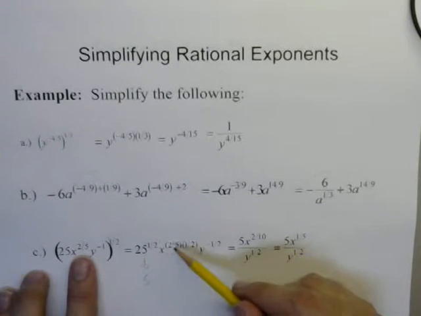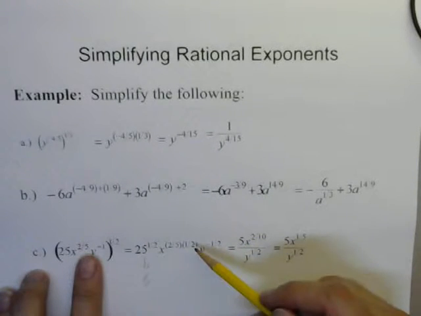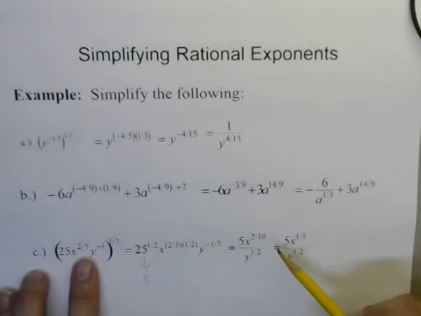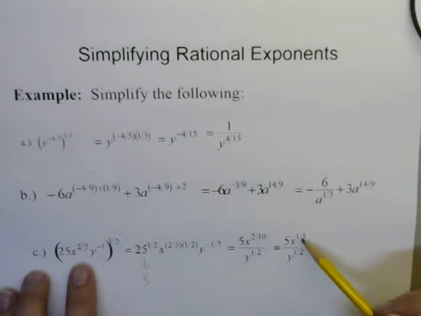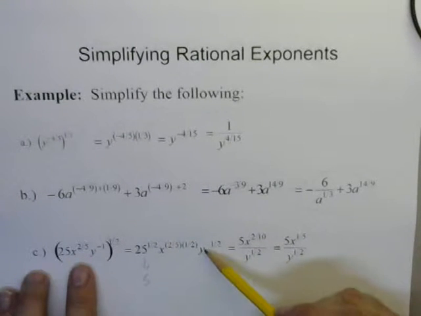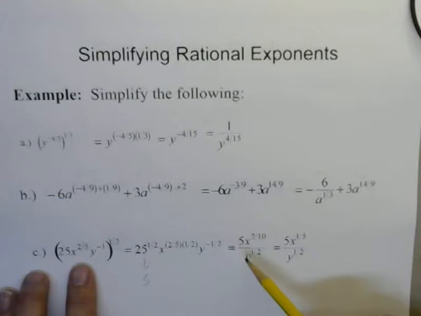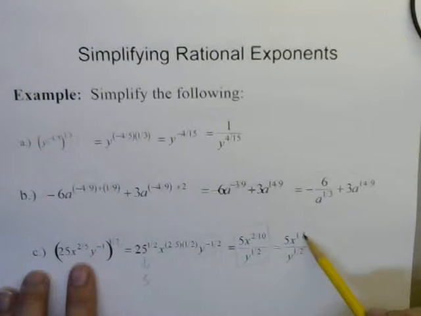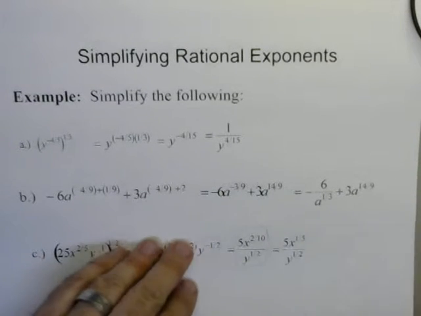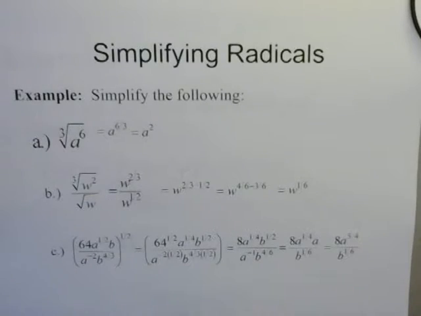Then you'll have x to the 2/5 times 1/2, so that would be x to the 1/5 if you reduce it. And then you'll have that times y to the negative 1/2, but again, you want to move that to the bottom. So you would write the expression that way and then just reduce all the fractions. But you've got 1 x raised to a power, 1 y raised to a power, and there are no parentheses or powers raised to powers. As far as simplifying the following,